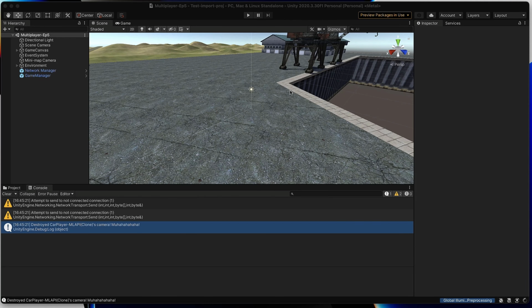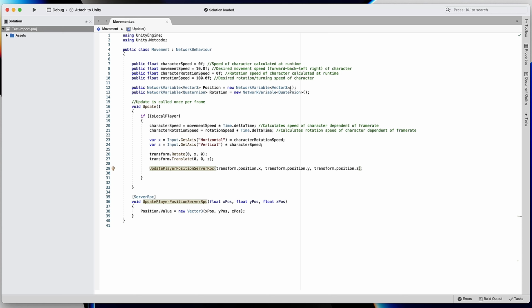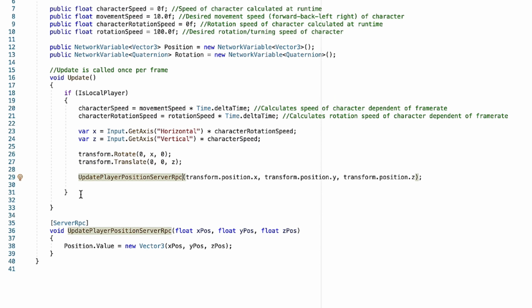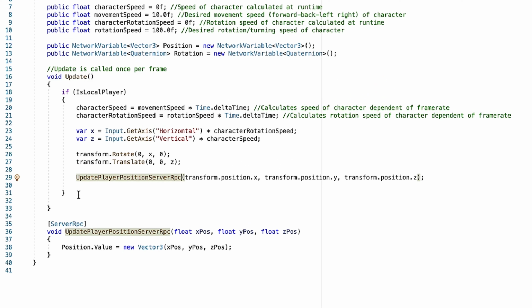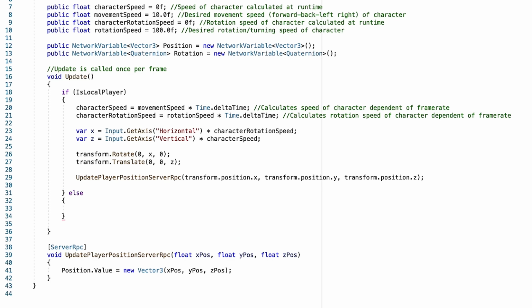The issue that we just ran into is actually not that difficult to solve, but it'll probably take a little bit of an explanation to really make sense of why we're doing what we're doing. So let's implement the code, and I'll explain it after we finish. We're going to go into our Update function and add an else condition to our if IsLocalPlayer statement. So let's type else, open squiggly bracket, and start writing our code within this else. All we're going to do in this else is set our local transform position equal to our position value. So let's type transform.position is equal to position.Value.